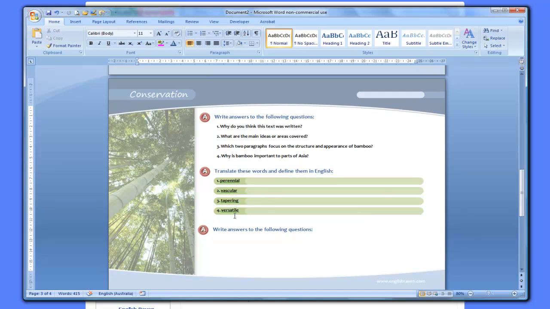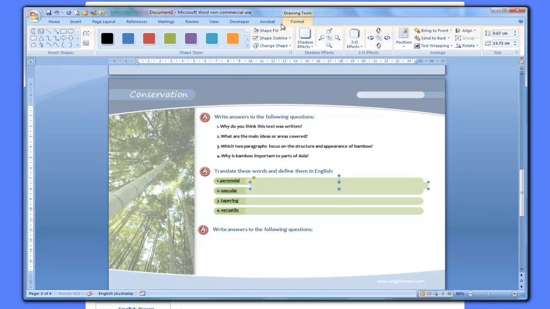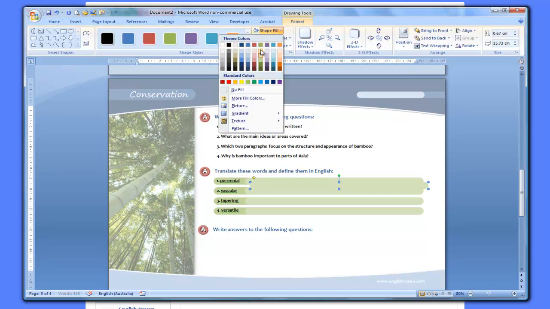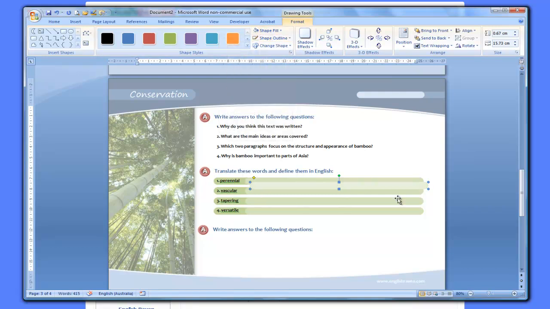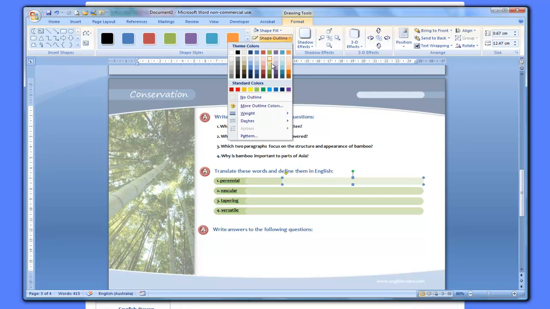We've got the key word and we've got a space here because we want them to translate it and then we want them to define the word. So we need to have another layer. So copy and paste again. Go to your Format, make it the next shade of green down for the fill and the outline. And now we just want to drag this across to the right size, pull it up here, and pull it over so we're giving them adequate room to translate. And as you can see, what we might do for the outline though is make it the next one up,